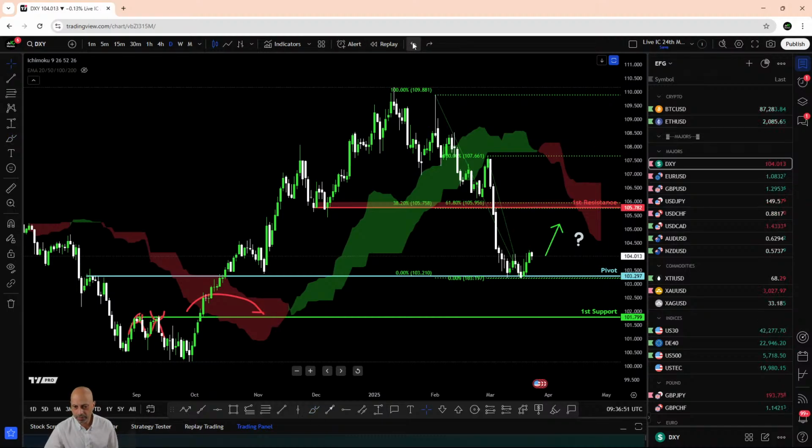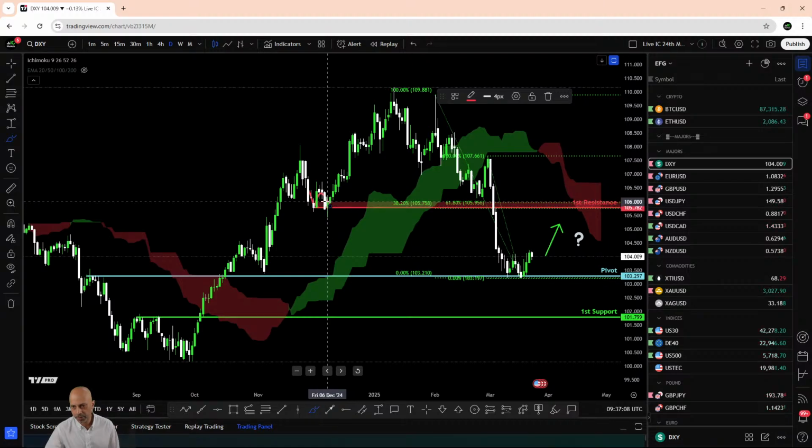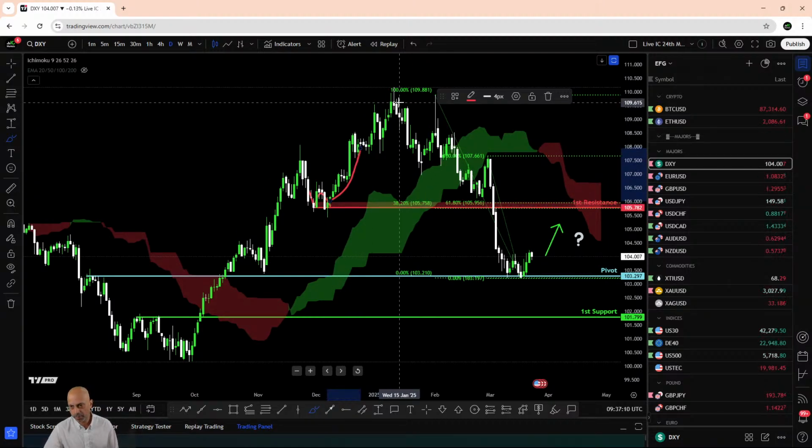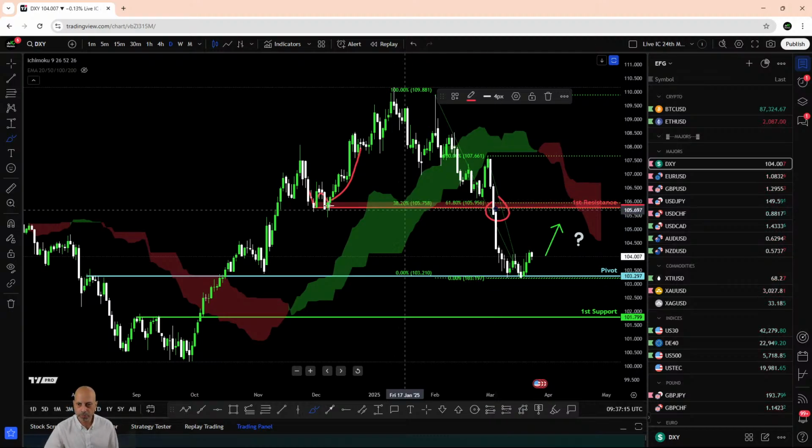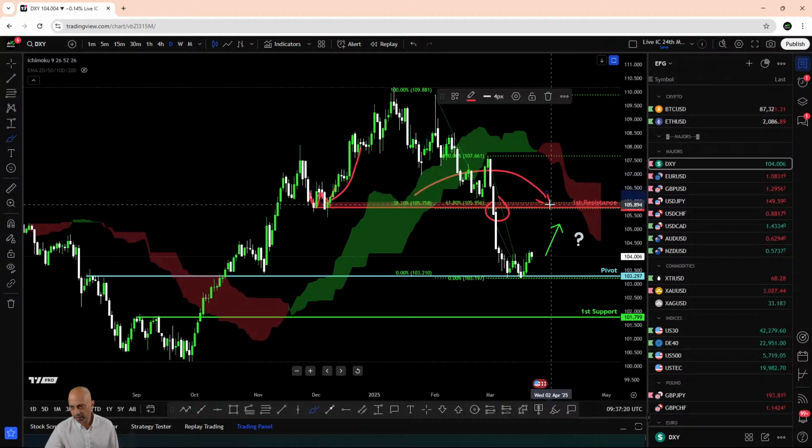In terms of resistance, looking at the level across 105.80, there's a nice pullback resistance. Previously, this level functioned as a nice double bottom here back in end of November 2024 and early December, before the dollar index climbed strongly once again. After breaking lower in the first week of March, what was previously a nice multi-swing low support could now potentially function as resistance. So the first resistance at 105.78 is a pullback level, which is accompanied by not one, but